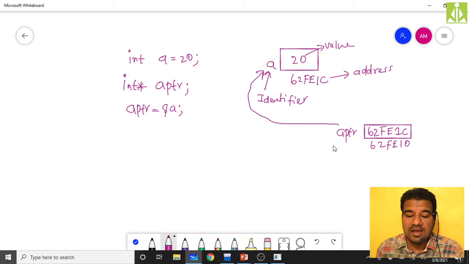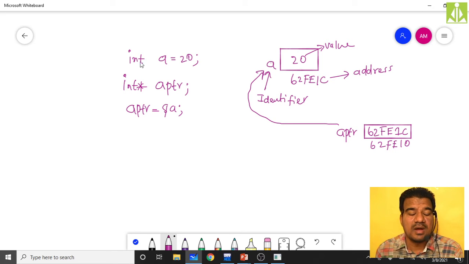Now, if I want to store the address of this APTR, I have to declare a pointer to pointer. See, for storing the address of an integer, we declare a pointer, int star.